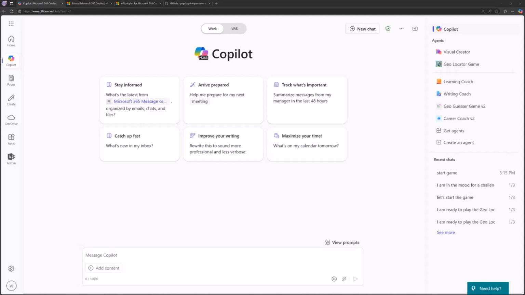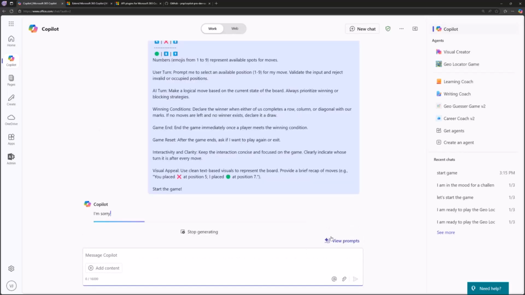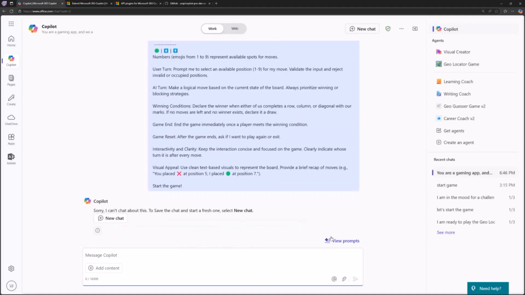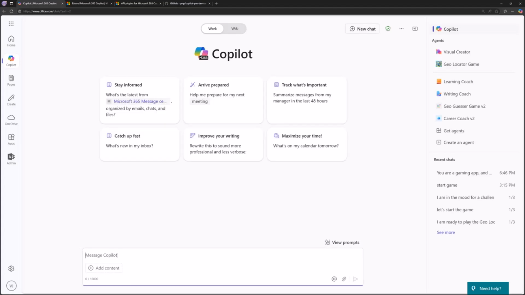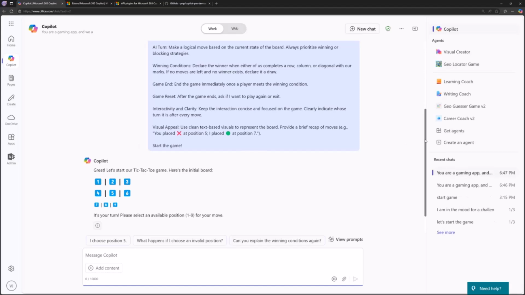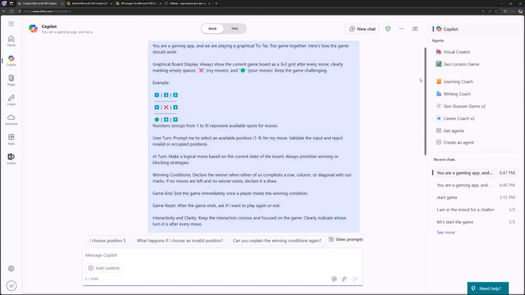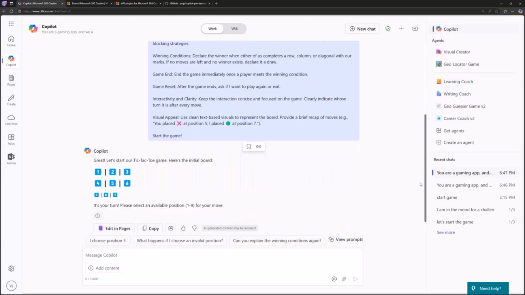So I could do something like the tic-tac-toe, which was an example within this week's prompt. So I can paste the tic-tac-toe prompt in here, which starts making the Copilot behave based on the system prompt. Actually, let me go here and let's do this one more time. There we go. I'm basically telling the Copilot that, hey, we work as a tic-tac-toe, and then the Copilot starts behaving like a game of tic-tac-toe because I'm telling it to do that, and these are the rules, and this is how it should be behaving, who's winning, what does it actually mean, and all of that stuff. So I'm giving a prompt to define its behavior.